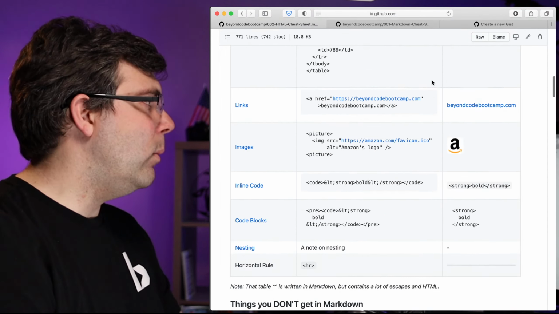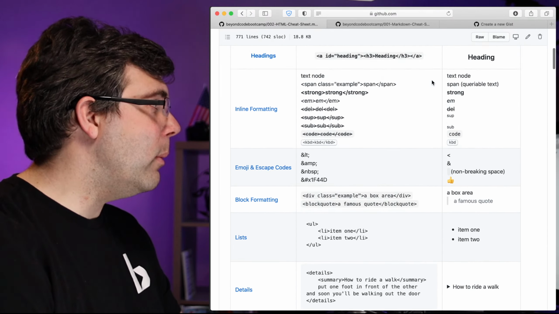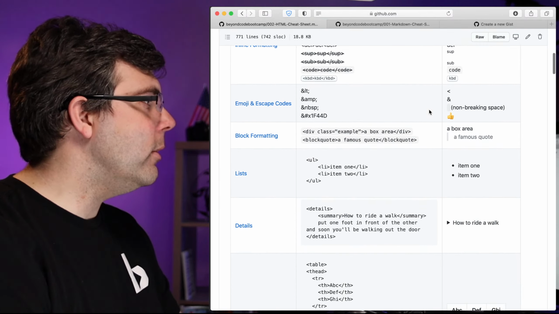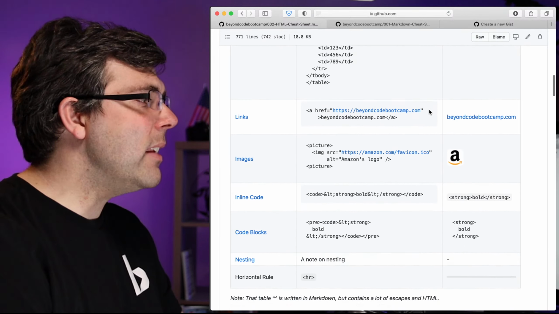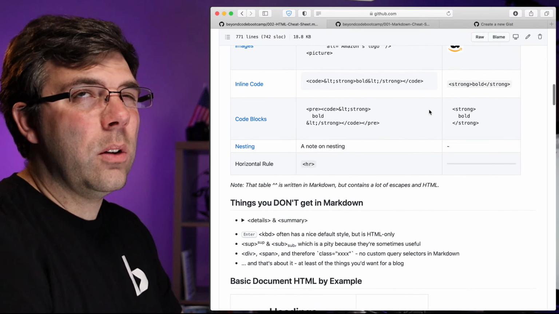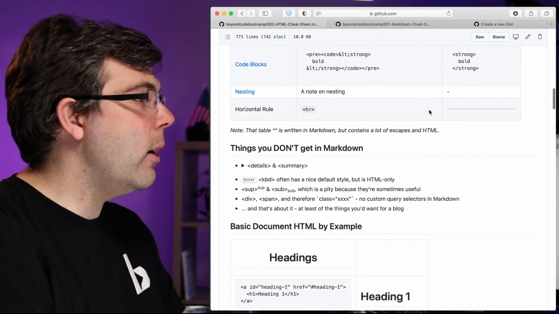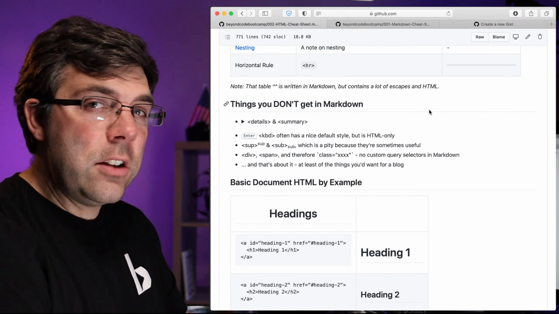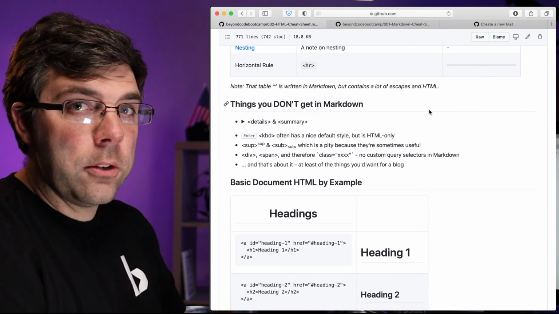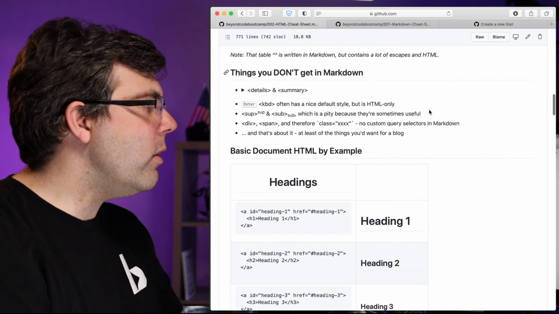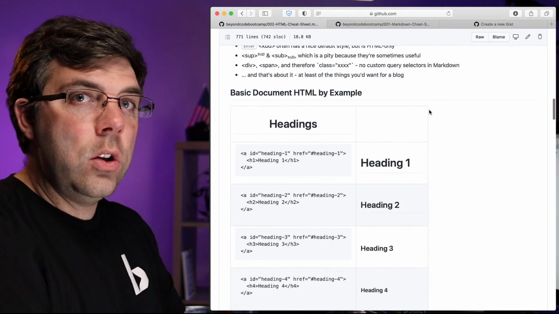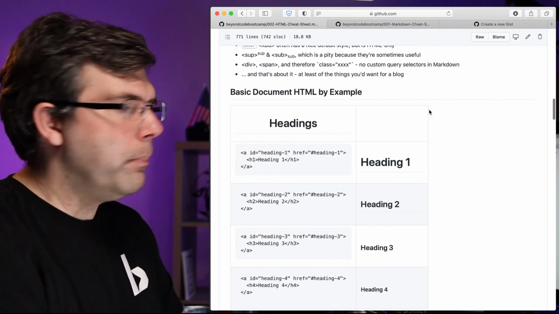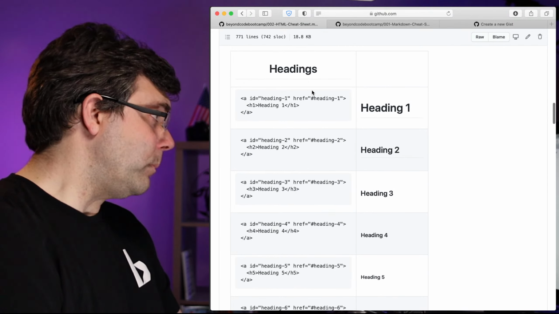quickly, because we kind of did the deep dive as we went through the top level cheat sheet here, which basically has everything that you'd ever use. Well, almost everything that you'd ever use for a web page. We're not covering forms. We're not covering semantic HTML that would be used for research papers and screen readers. We're just covering the practical things that you'd use for blogs and web pages. Okay, so